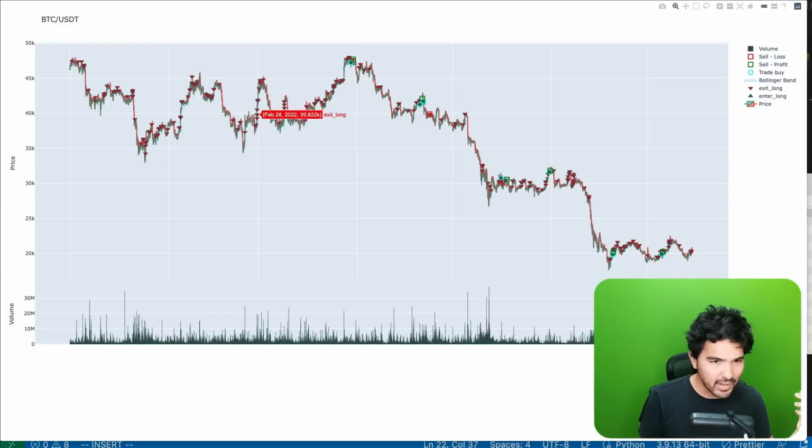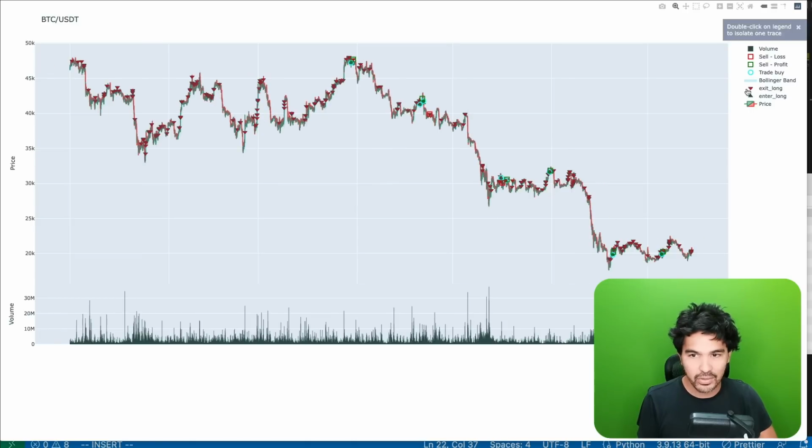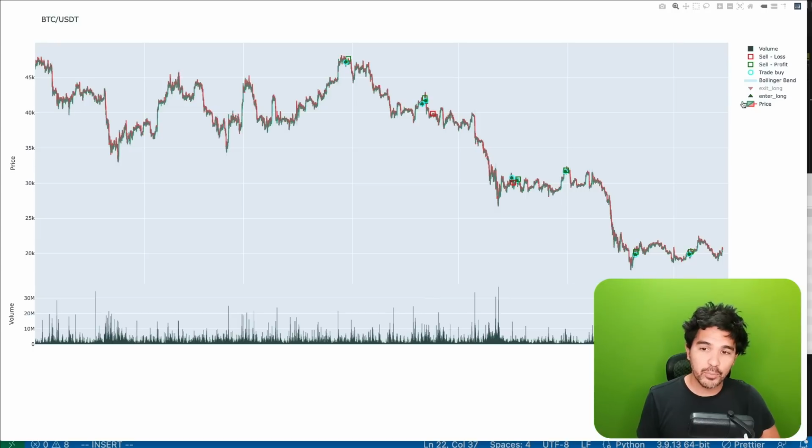So let's try to clean this up a little bit. You see it's showing where you would exit, but there's not many entry signals. So I'm going to hide these exit longs here. And let's just focus on where it entered and where it sold. So long entries are marked by these green up arrows. So you'll see some of those, and you'll also see trade buy. So just because you placed an order to enter a long doesn't mean you get that price, right? The price might be moving up at that exact minute. And so you'll get some fill, and that's your actual buy. So this is this blue circle here,